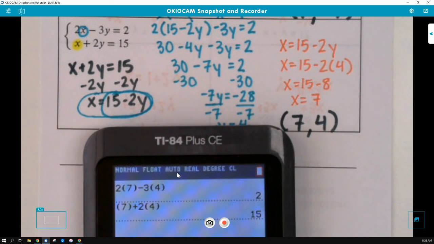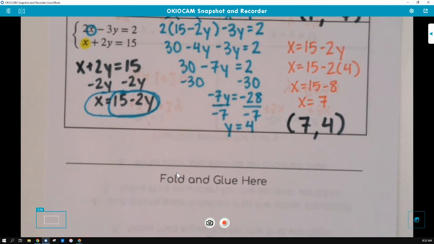Okay, go ahead and glue this puppy in. And then I'm going to bring around